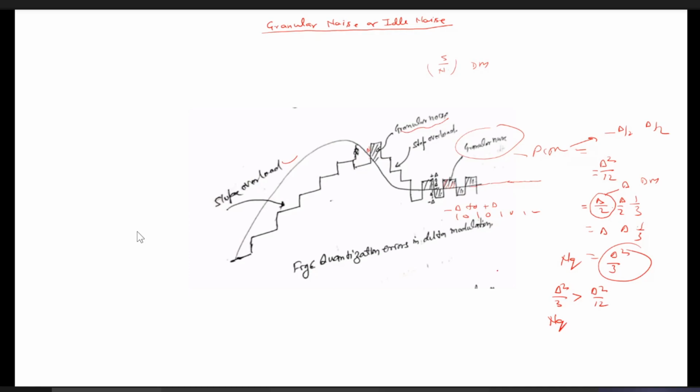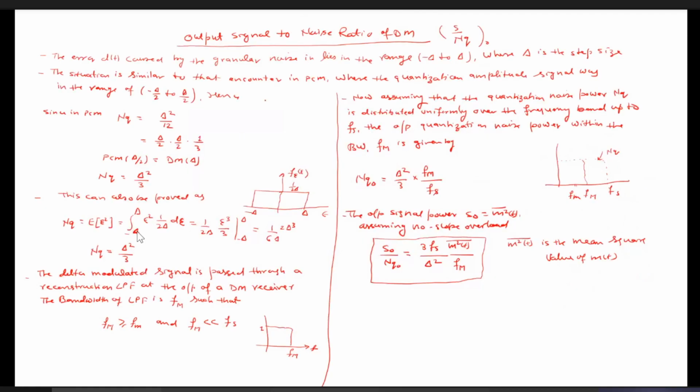So we can now calculate the signal to noise ratio. That's the same thing I have explained over here. That is, we want to calculate the output signal to noise ratio in the case of delta modulation. So how can we calculate the output signal to noise ratio? We need to calculate the signal power and we need to calculate the noise power. Okay, so this signal power is nothing but the mean square value of the message signal m square t,